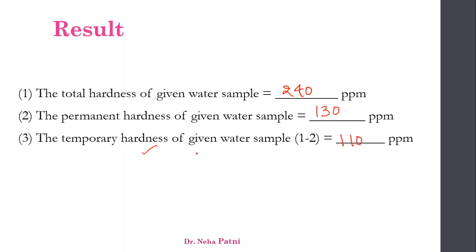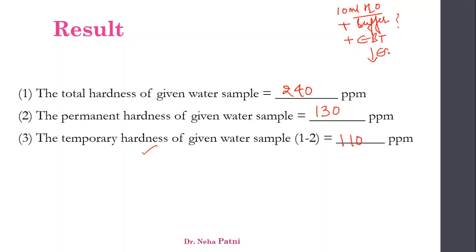Now the major thing which you want to make sure is that when you're using 10 ml of water, you are adding buffer to it. I said a buffer is required. So first of all, why is buffer required? Because I want to make the pH constant, because in the water there may be changes in the pH due to presence of other ions. Why do I want the buffer to be at 10?